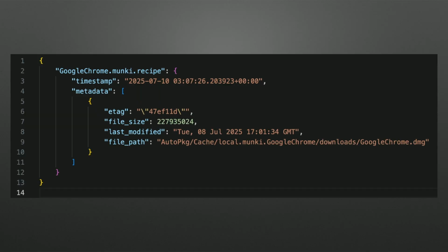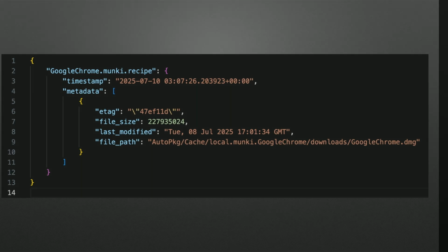So on the next run, this cache file is then used to populate that AutoPkg cache. It does so with fake dummy files, stub files, if the files are not already present. So if they are, it doesn't do anything. So if your cache exists, it's just using those cache files. If it doesn't already exist, it'll create some stub files for you.